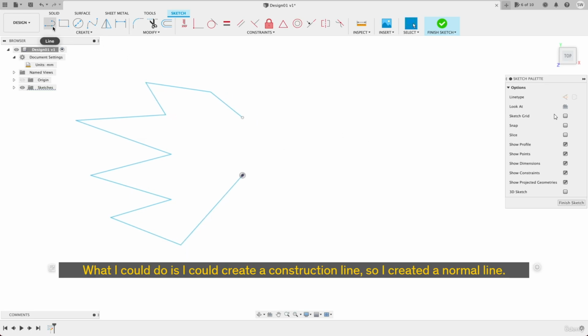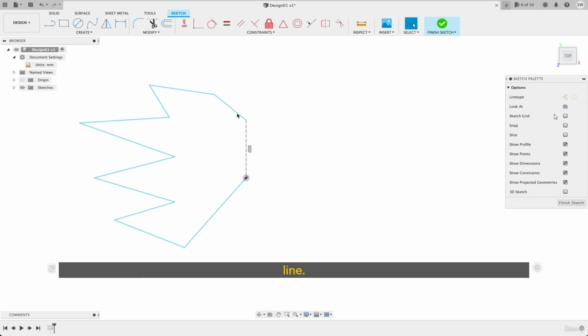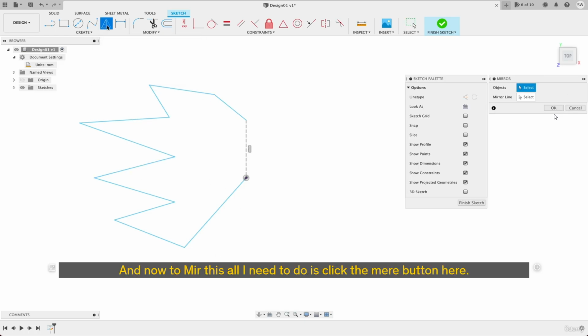What I could do is I could create a construction line. So I'll create a normal line, just like this. I'll select this line, and I'll change the line type to construction, just like that. So now it's a dashed line, so it's actually not a line, it's just basically a reference line. And now to mirror this, all I need to do is click the mirror button here,